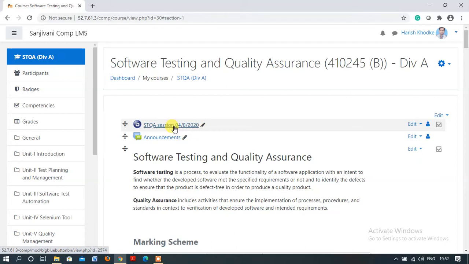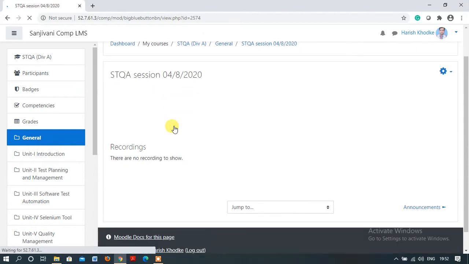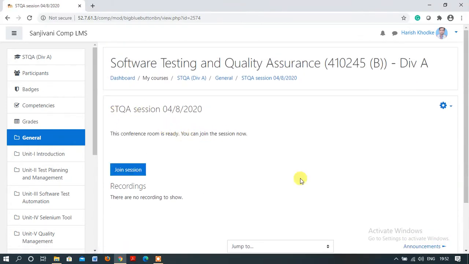Okay, so after that, click on this session button. Here you can view that the time I scheduled has already started. So the join session button will be there, remember, at whichever time you scheduled. We know we scheduled our time as 7:52, and then this join session button will appear. So click on the join session button. After clicking the join session button, you are connecting through BigBlueButton for conducting your online session.